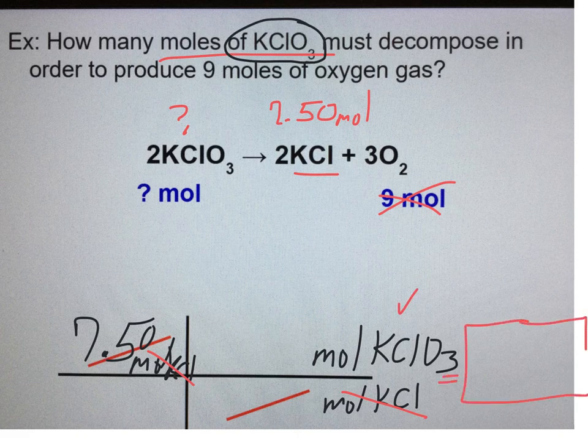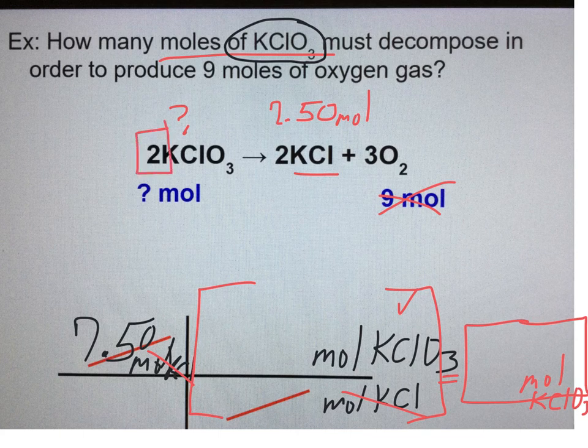Remember that a number without a unit means nothing. That unit is really what's going to tell you whether you're going to multiply or divide. So where you have what number is what's going to tell you exactly what to do, okay? So here, remember, anytime you have mole to mole, this means it comes from the equation, and it's your coefficient. So KClO3 is a 2, and KCl is also a 2. So because 2 divided by 2 is 1, 1 times 7.5, you're still going to have a 7.5